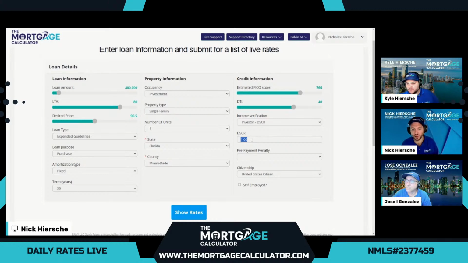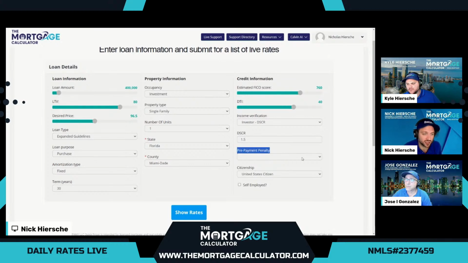property cash flows monthly. We also have options for ratios under 1.0 where the property may not cash flow. And we have options for above 1.0, which is what we use for our demo, 1.5, which is the highest value. So we can see all the options pop up for all the programs.